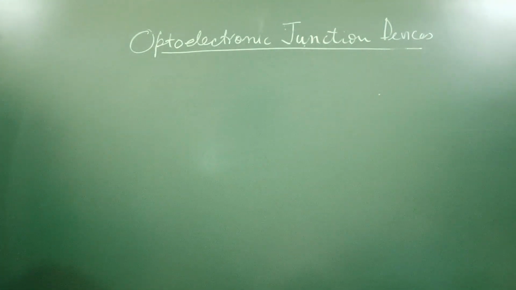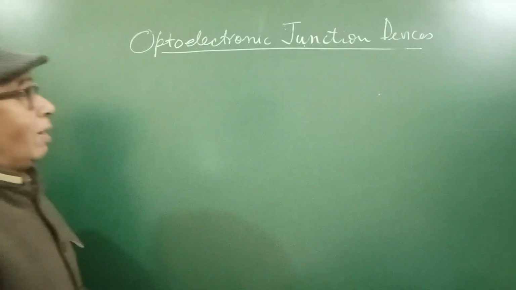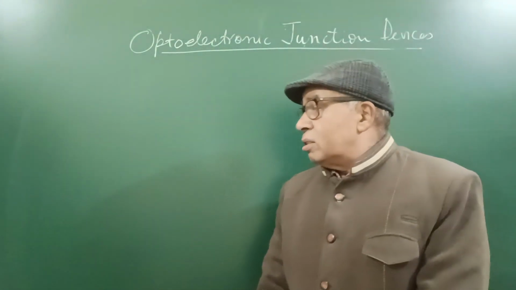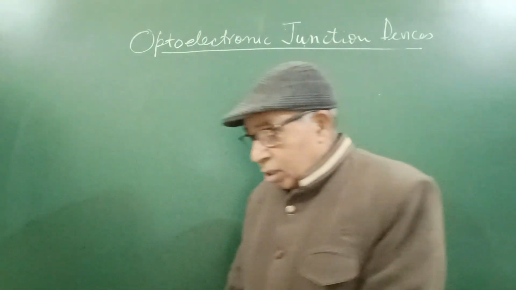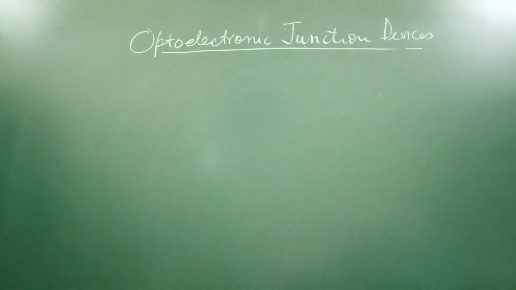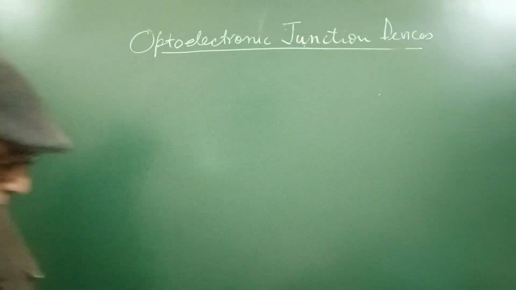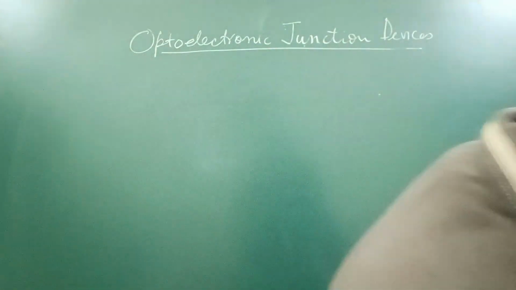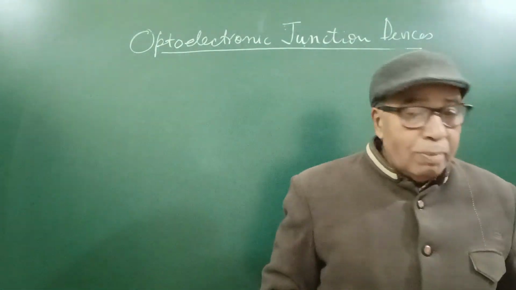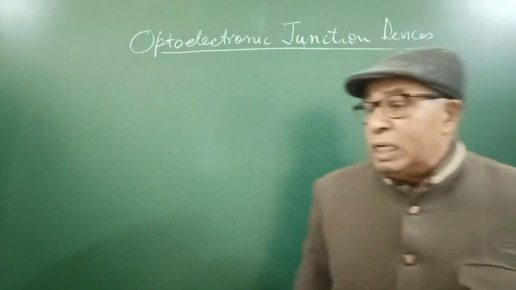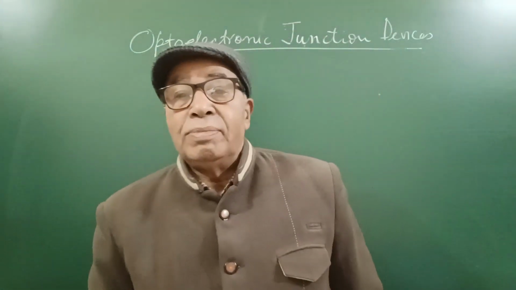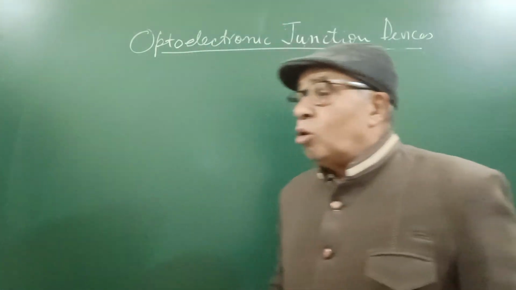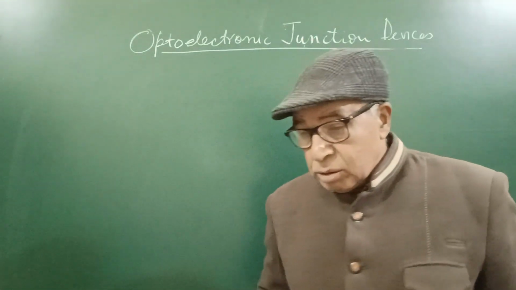I have the topic here: optoelectronic junction devices. Till now, I discussed in last videos the PN junction and its working, and there I defined so many things like potential barrier, depletion region, junction field, and before that I explained photoconductivity. If you remember,